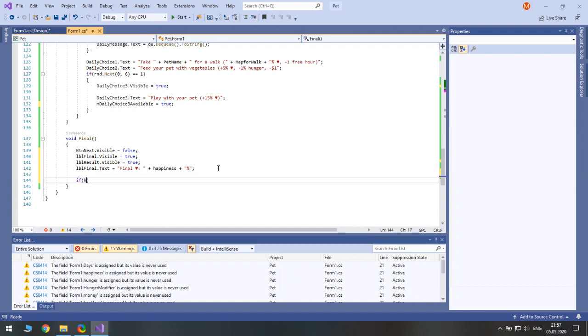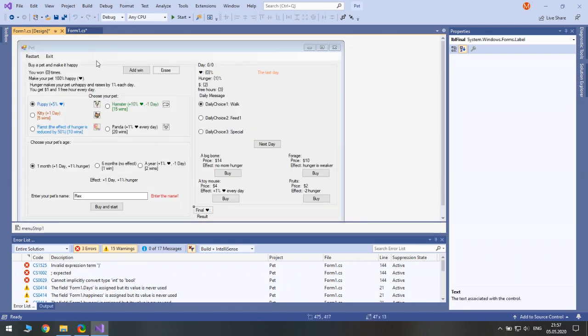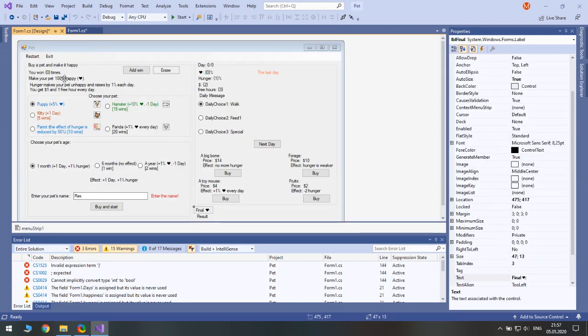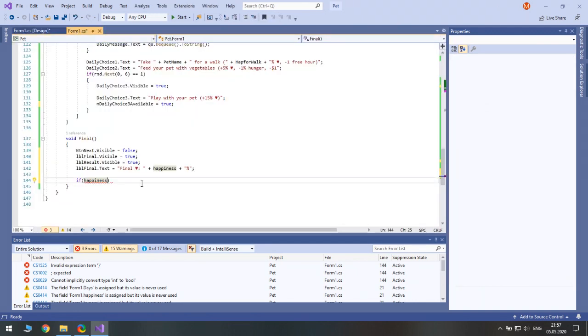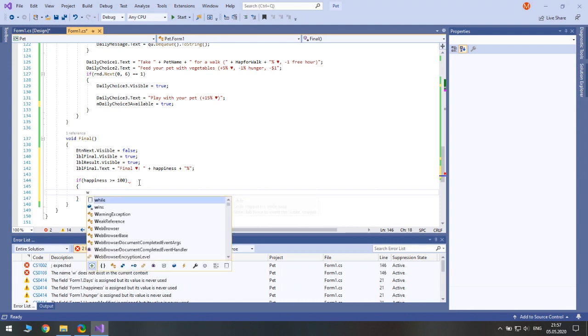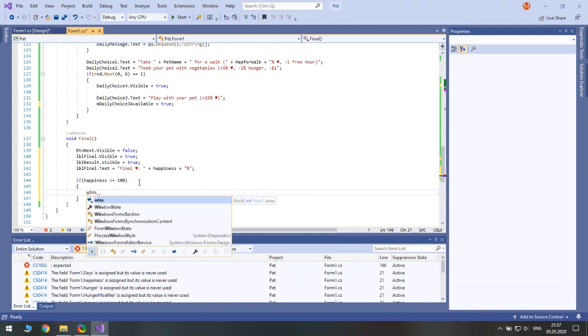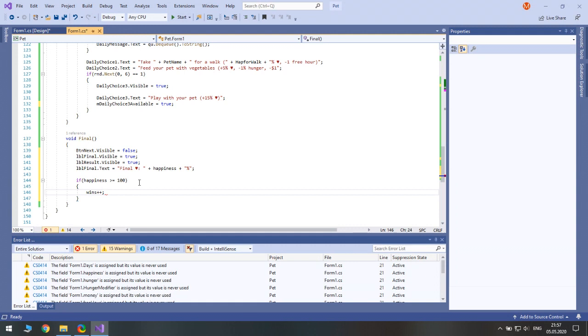So if happiness is, so the goal of the game is to make your pet 100% happy. If it is less than that, then you lose. So if happiness is greater or equals to 100, then, well, first of all, we add wins. So wins plus plus, which means wins plus equals 1.